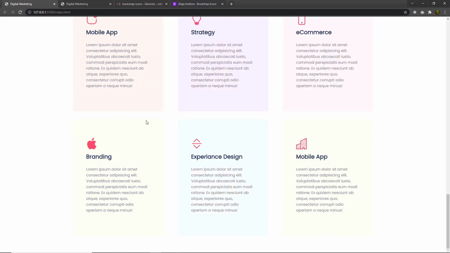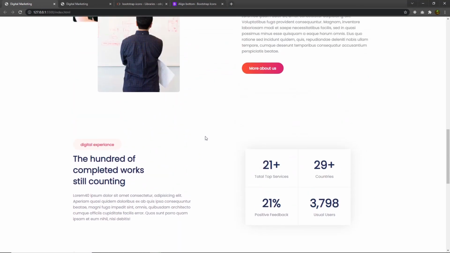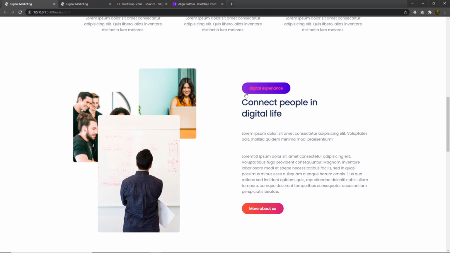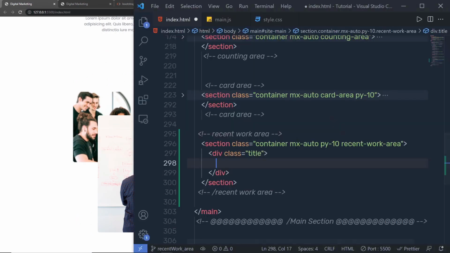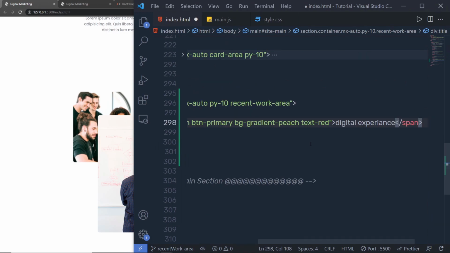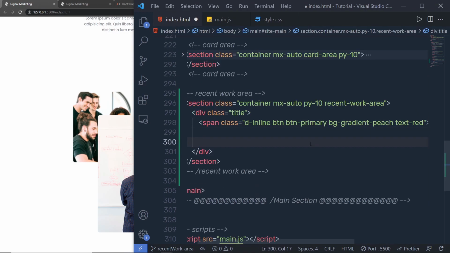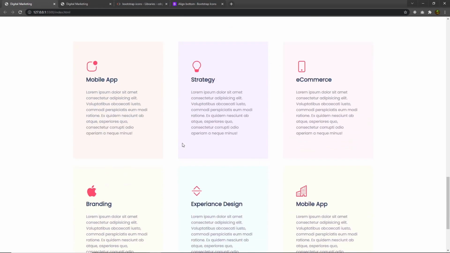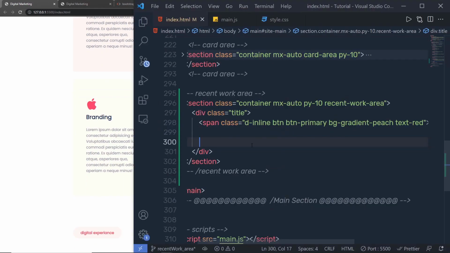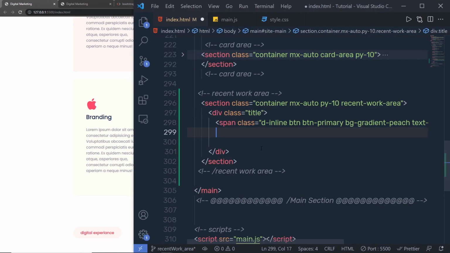a span tag. Now as you know, I already have this span tag code at the top. I'm going to copy that and paste that inside this title to add digital experience button. Save the changes. This will add a span tag. You can notice just out of that, just out of this span tag, here I'm going to add a div